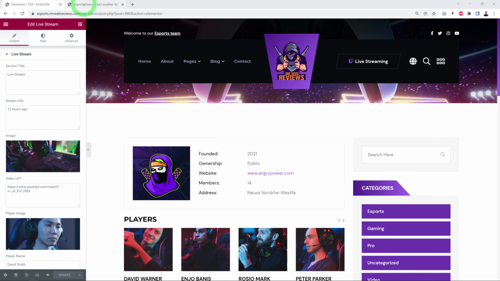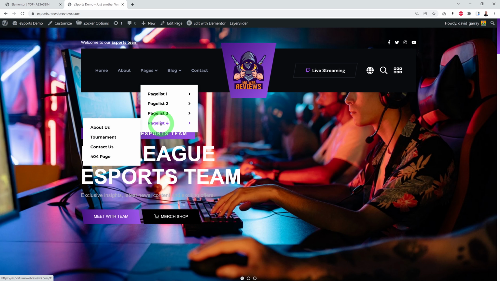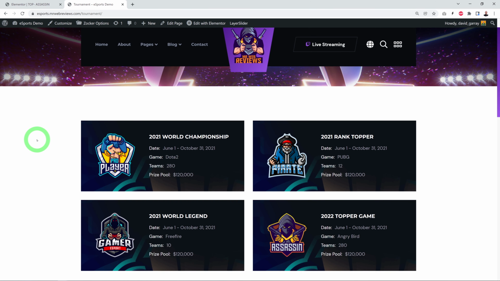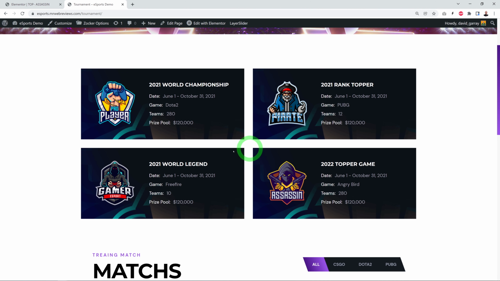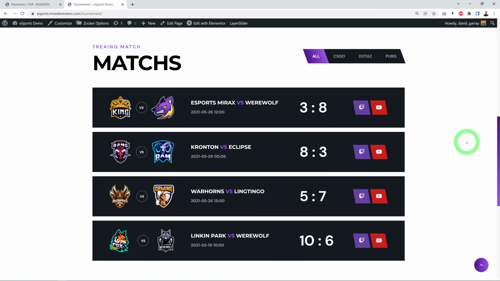Okay, so I have 3 more pages to look at. So if you go back in pages here, pages 4, sorry, we have the tournaments. So this is another very important one, obviously, that you might want to display on your website. So as you can see here, you have all the different tournaments, the date, the type of game, how many teams are playing, and the total prize pool that's involved. And then underneath, you have the recap of all the different matches. And